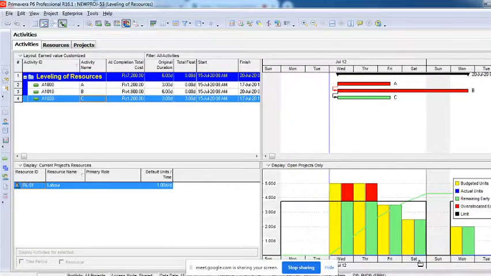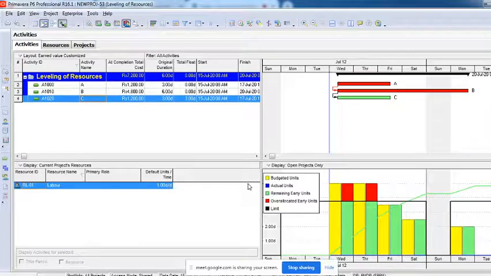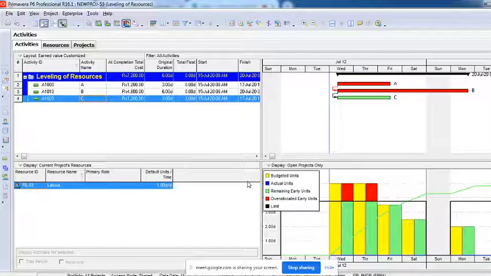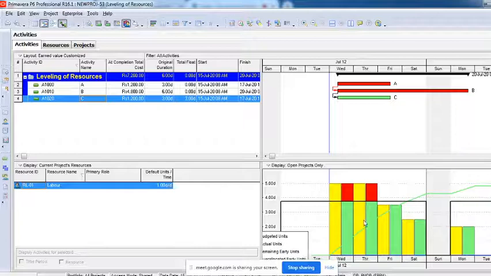Now what is this graph telling you? What it says is maximum. This black line says that it's the maximum availability, and this red color indicates over allocation.